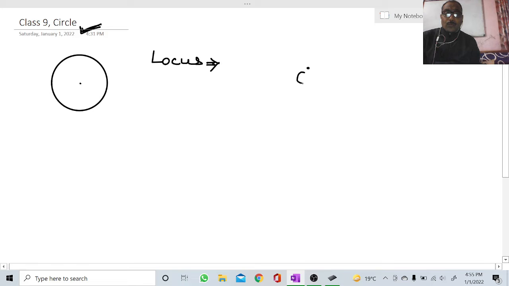Let's see. Point O is here. This is the fixed point, and if I say you to plot a point 2 centimeter apart from the given point, so this point can be said another point, and that is distance. The distance between OA is 2 centimeter. Similarly, OD can also be a point and equal to 2 centimeter. OF can also be a point and equal to 2 centimeter. OE can also be a point. So, all the equidistant moving points will form a circle.